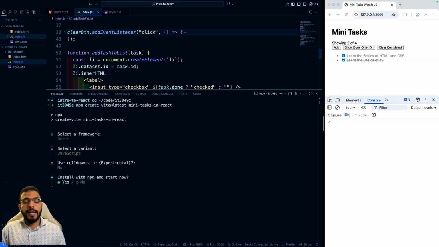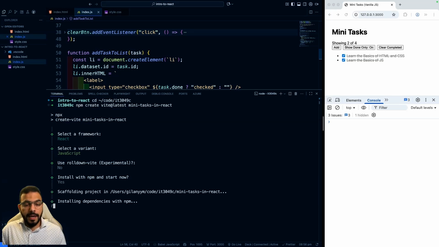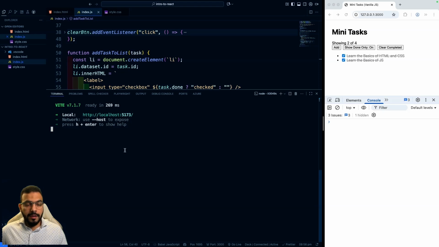Do you want to go ahead and install all the dependencies using npm? Yes. And now it's going to create the project for us at the location that we've specified. Once that is done, it already started the application for us on port 5173. I'll kill that for now using Control-C, and then we'll start it again when we open the project in Visual